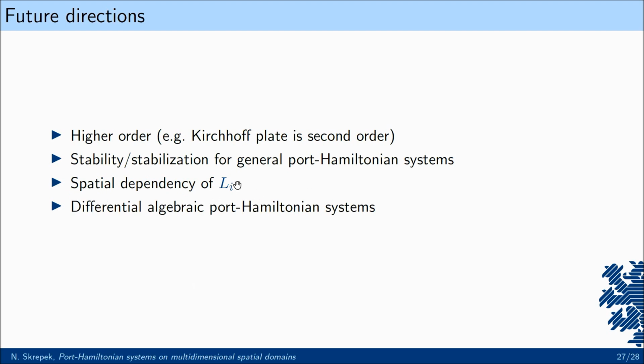And then another direction would be spatial dependency of the Ls, but I don't know any examples where this is necessary. And also the thing is that you can put all spatial dependency in the Hamiltonian density, so maybe this is only interesting from a mathematical point of view. And a third thing could be differential algebraic Port-Hamiltonian systems. Okay,